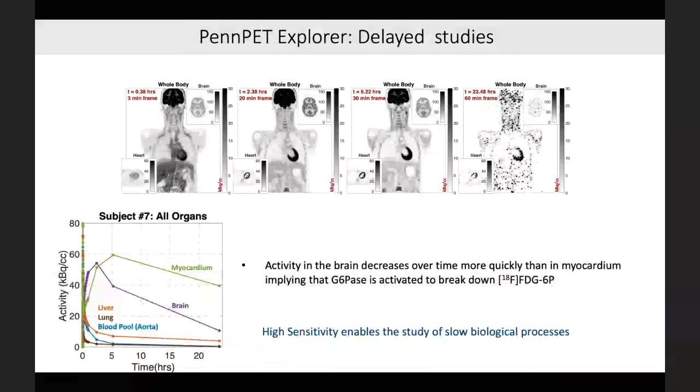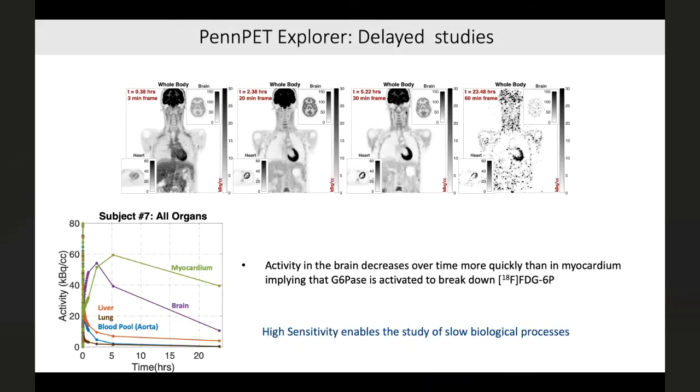So this image shows some very interesting properties and gets to a debate that's been going on for some time. So I just want to walk you through it for a second. This is a patient who was imaged from head down to mid-torso starting early after injection and coming back all the way to almost a full day. And so for those that are not used to seeing this, 24 hours is approximately 12 half-lives of the radiopharmaceutical. And so this is an extraordinarily low concentration of tracer, and in fact the image quality is not great, but